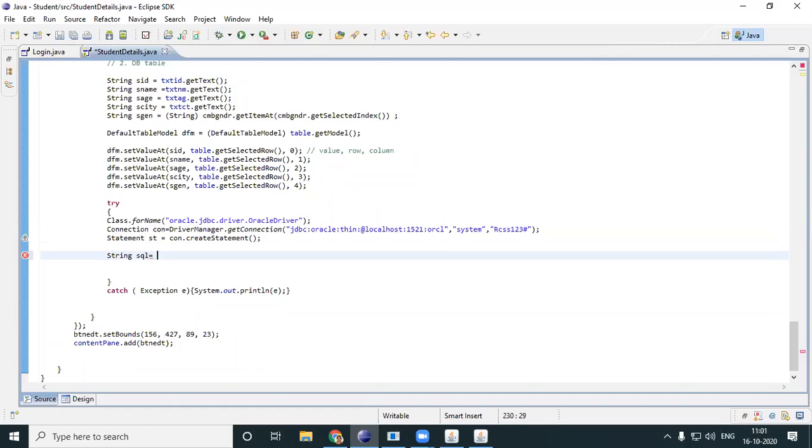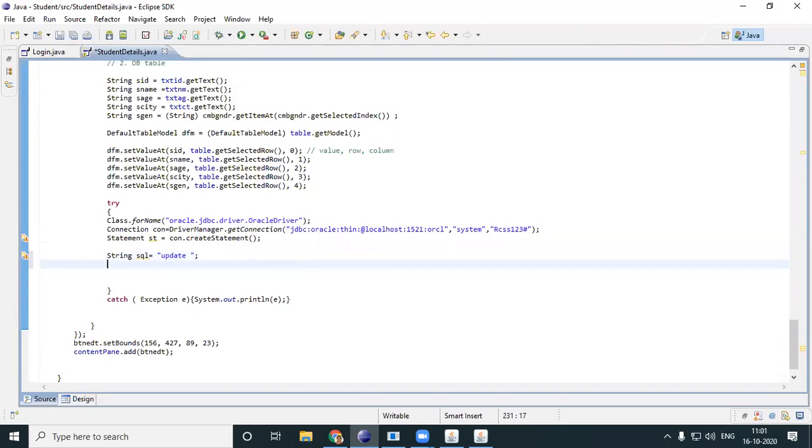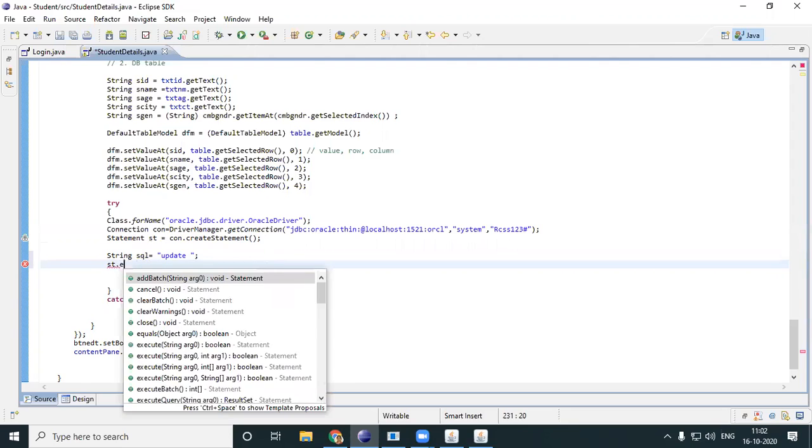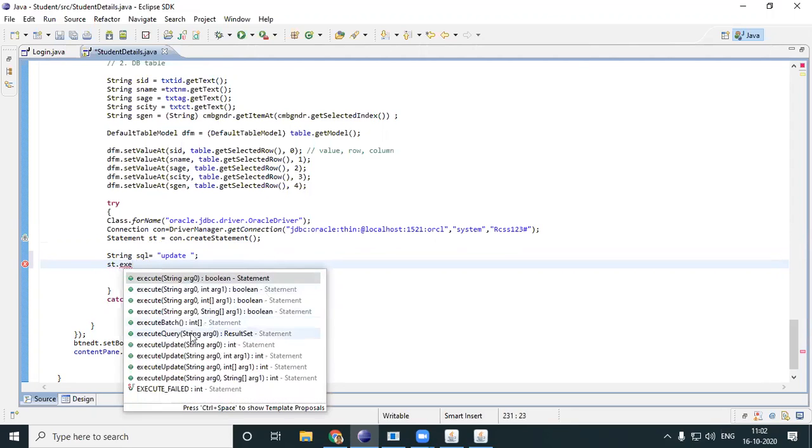String SQL is equal to, I will have to write my update query. I'll write my update query later. Then what I'll have to do, what is my statement? st dot execute update.